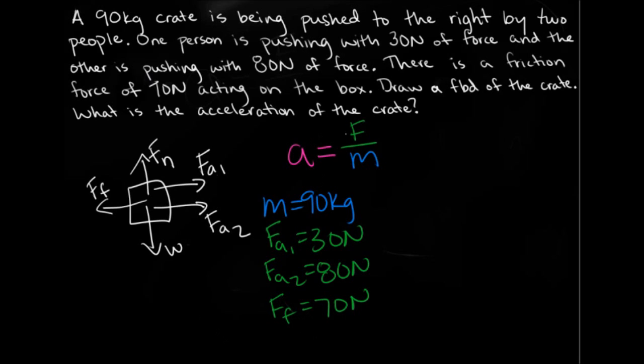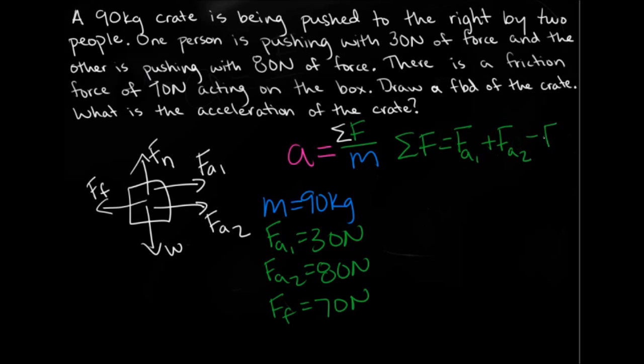So this acceleration equals the force divided by mass. Technically, it equals the sum of the forces divided by the mass. So that sigma means that you have to take the total amount of forces that are acting on it. You can't just pick one. So we're going to have to find the total amount of force acting on this crate. And we're going to do that by showing that it's the first applied force plus the second applied force